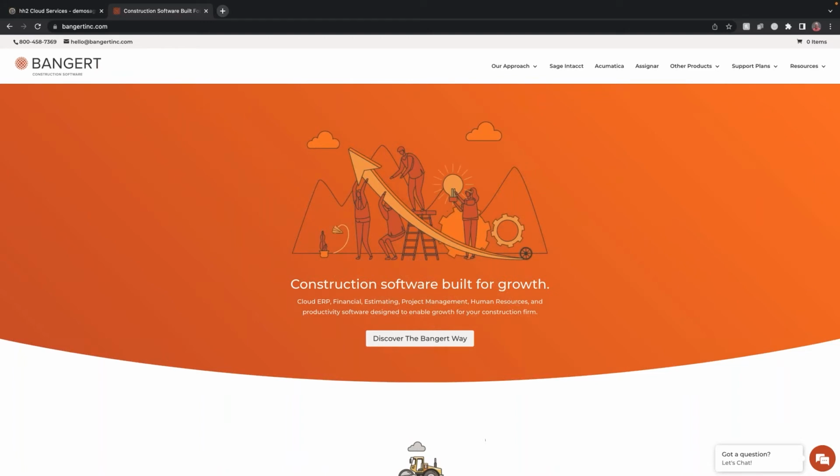A couple key points. The HH2 products are cloud native products. So what that means for you is that they're quite easy to access and use. The second thing that's really unique about the HH2 product line is that they work both with the existing, what we call Windows PC legacy products, as well as the new next generation cloud native products. So folks that are currently on Sage 100 contract or Sage 300 construction can use those products with those platforms. And the great thing about them is you can continue to use the HH2 products at some point in the future when you're ready to move to that next generation cloud ERP system.